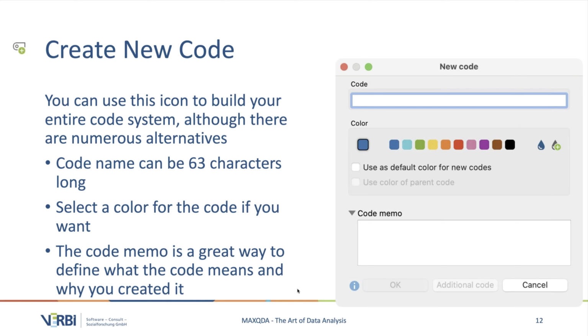Now, why would you want to create a memo when you're creating a code? Well, a code memo is a way to define the code. It's a great thing to have there so that at the very time you're creating the code, you can write down why you created this code or what this code means. You can define it. You are not limited to what you put in that dialog box at the moment. You can easily edit the memo using our memo tools.